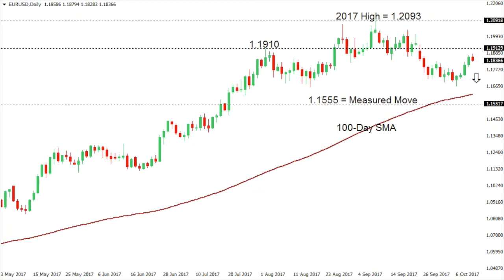Euro dollar. So not much of the picture changing here for the euro, although the market has rebounded this week. The market is still at risk for deeper setbacks after it triggered a head and shoulders top several days back, which points to deeper setbacks towards the measured move extension at 115.55. So long as the market holds below 119.10, some internal resistance going back to early August on a daily close